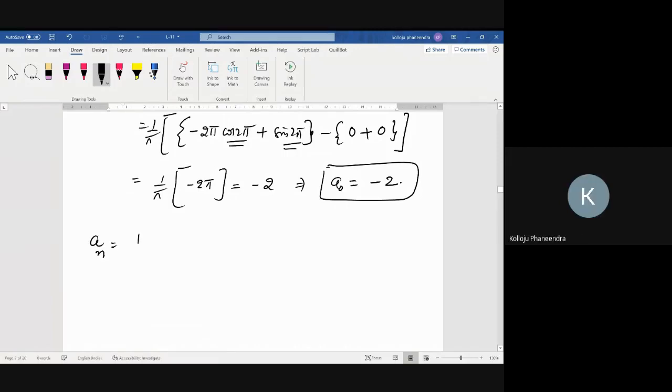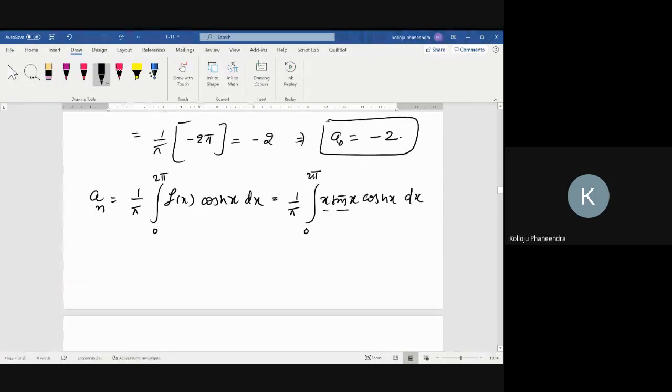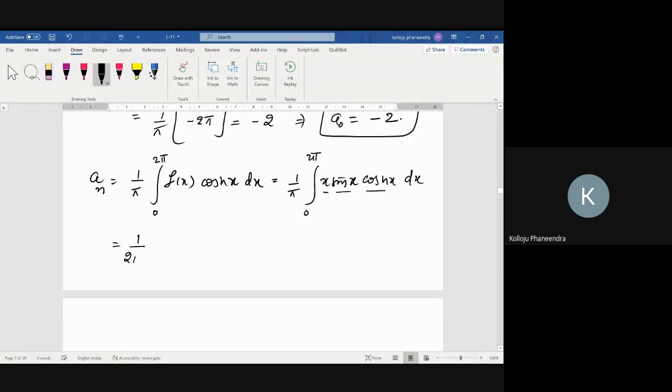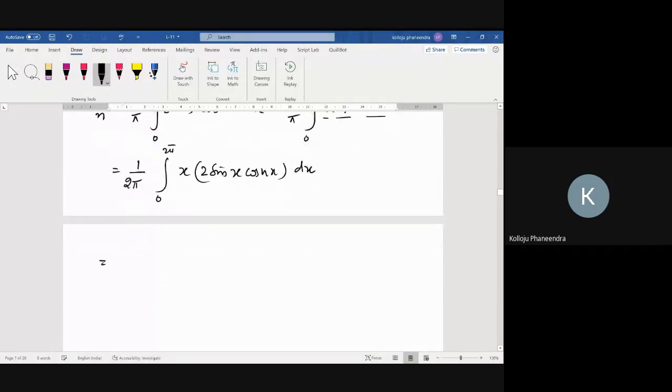Now, a n value is 1 by pi, 0 to 2 pi, f of x into cos nx dx. This is 1 by pi, 0 to 2 pi, f of x is what? x into sin x into now cosine nx dx. Now, within the integration, there are three functions, an integration of a product of three functions. So to solve this, let us multiply and divide by 2. So what is this? x into 2 sin x cos nx, this term together, dx. That is equal to 1 over 2 pi integral 0 to 2 pi x into